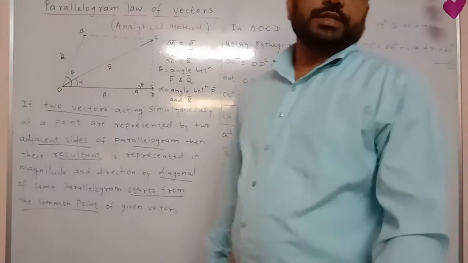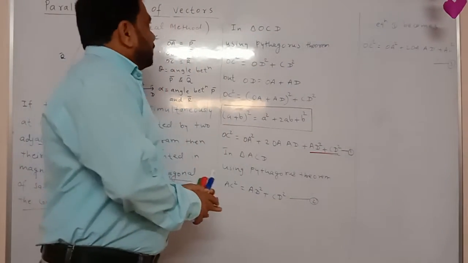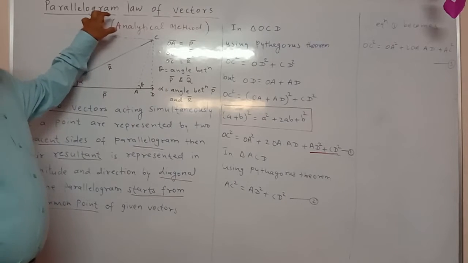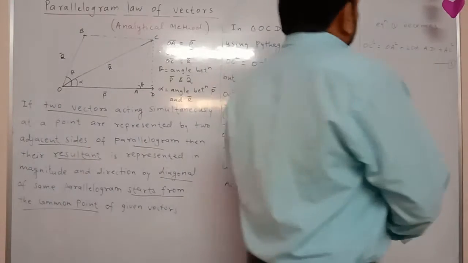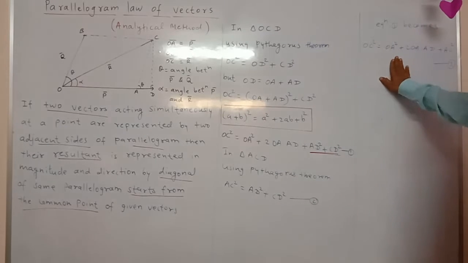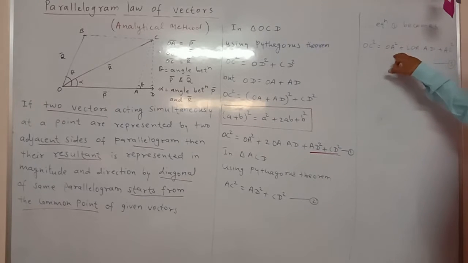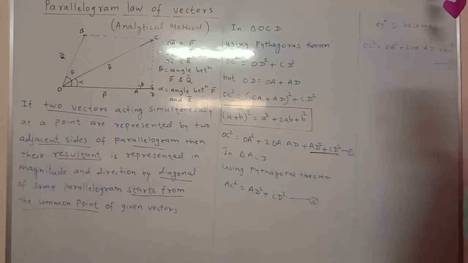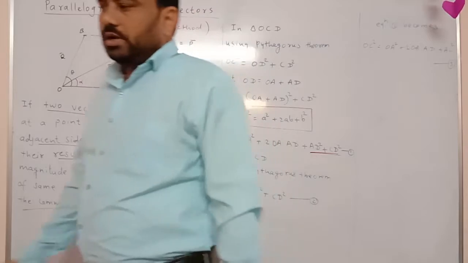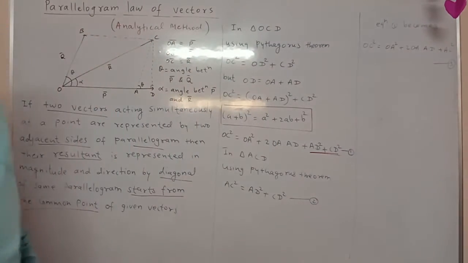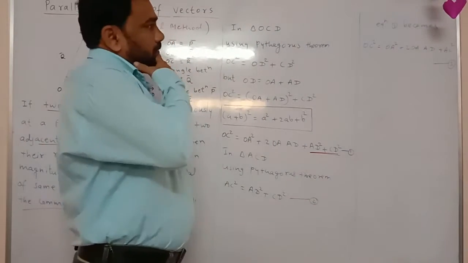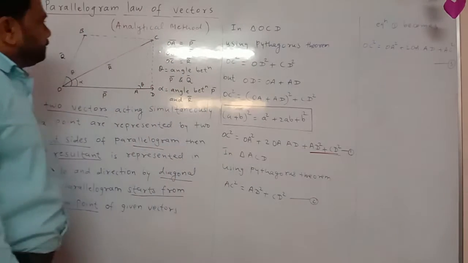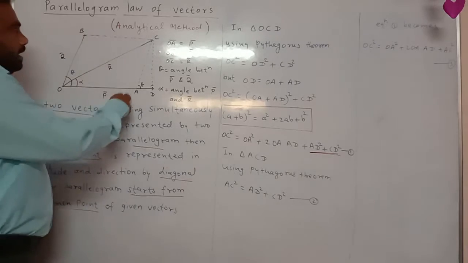Hello, good morning students. We are discussing the parallelogram law of vectors. We have already seen up to this equation, that is OC square is equal to OA square plus 2OA into AD plus AC square. Now all these three equations we have already understood. Now how can we solve? So see here, in the next triangle, that is ACD,